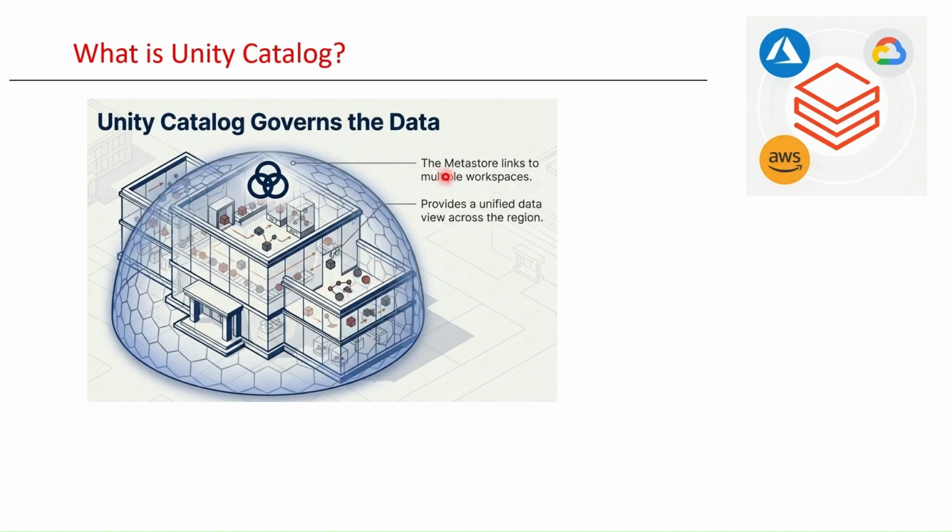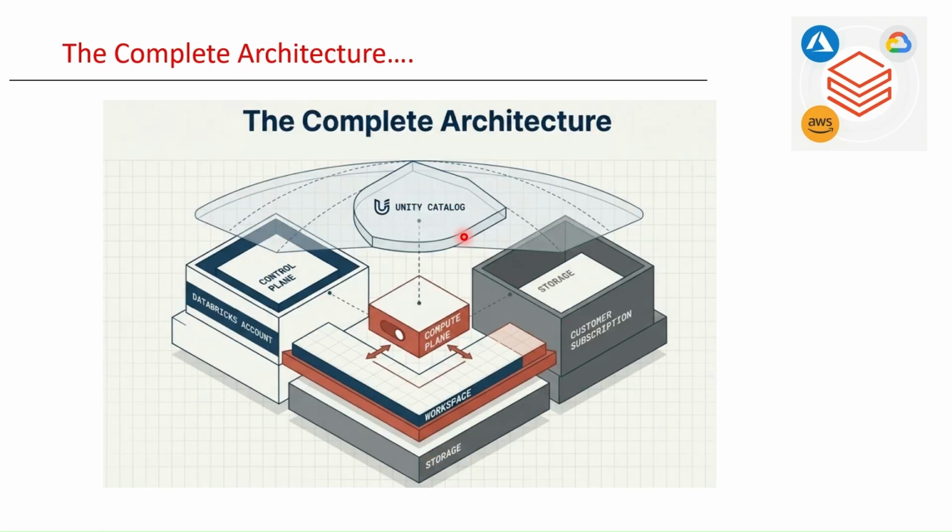So the Metastore is a key element here. When you link a Metastore to your workspace, that's when Unity Catalog gets enabled, and then it provides a unified data view across the region. All right, so here is a complete architecture in a nutshell again. So Unity Catalog